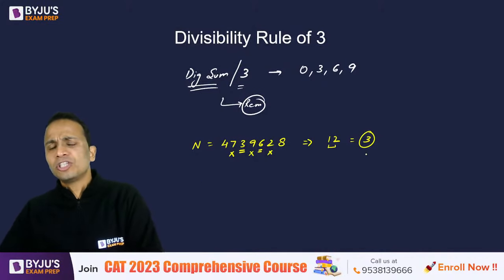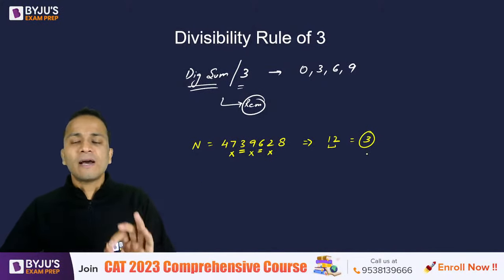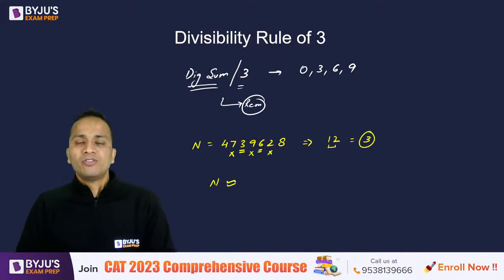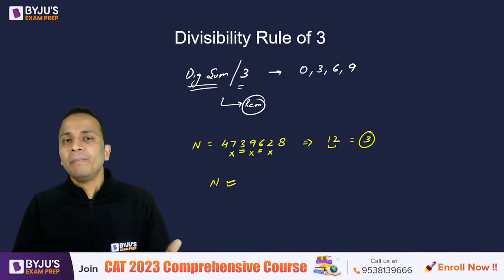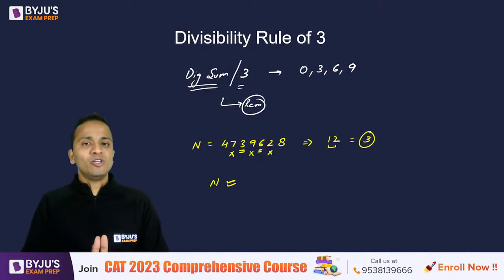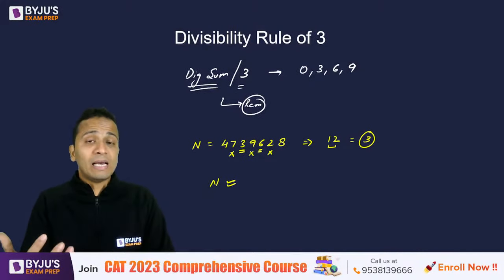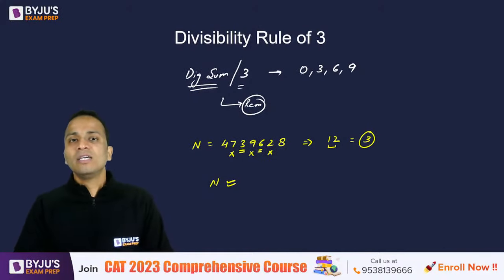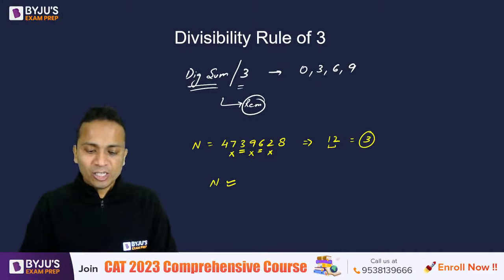Now since this digital sum obtained is completely divisible by 3. Yes, it is. 3 is completely divisible by 3. So I can say that our number N will also be completely divisible by 3, and it will leave a remainder of 0 when divided by 3. All right. So this is an example to depict the divisibility rule of 3 using digital sum. All right. So friends,